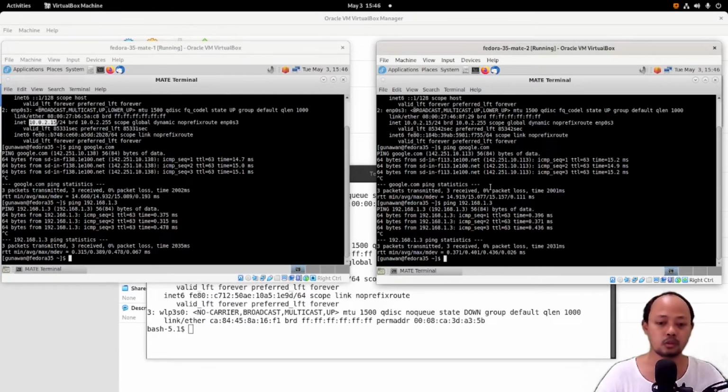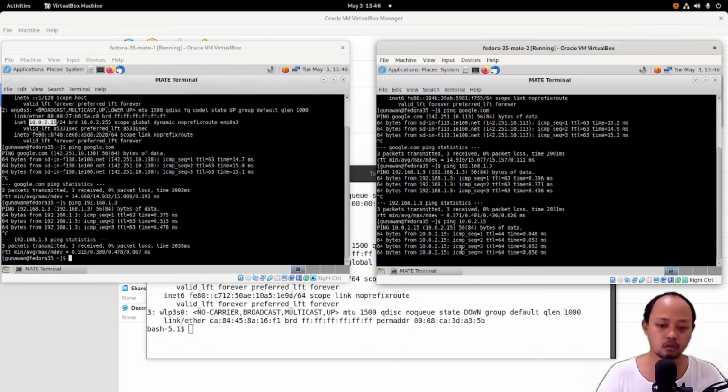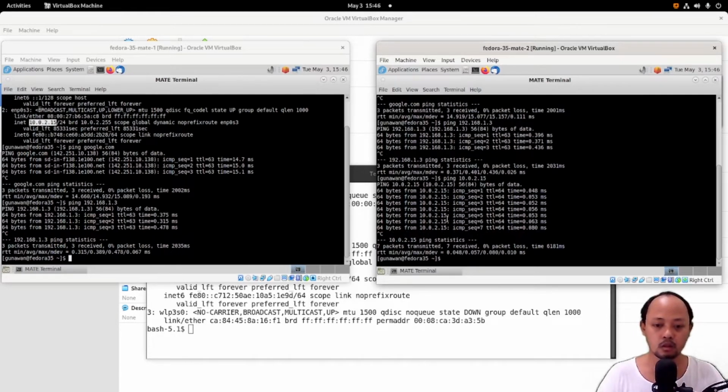For example, this VM can ping the IP, because actually this is its own IP.